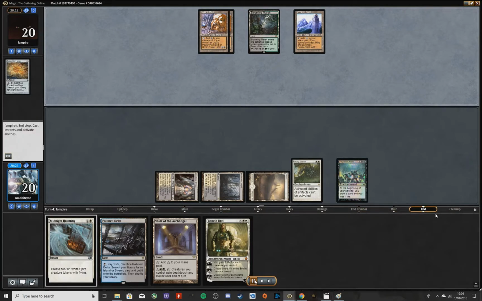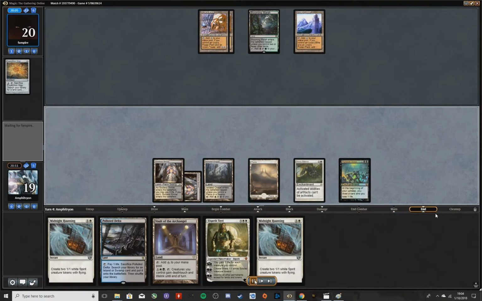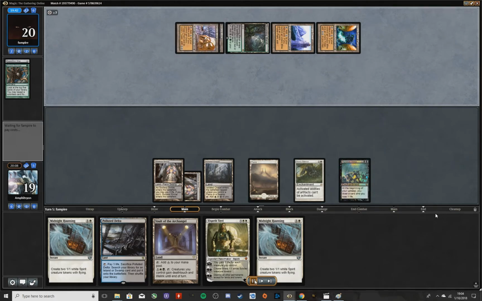Opponent drops a mine, passes turn, so we're looking good. We're looking like we might have dodged it. Play Godless Shrine, we're going to pass turn, we're going to flash in Midnight Haunting at the end of our opponent's turn. Opponent Ancient Stirrings, shows us Power Plant,